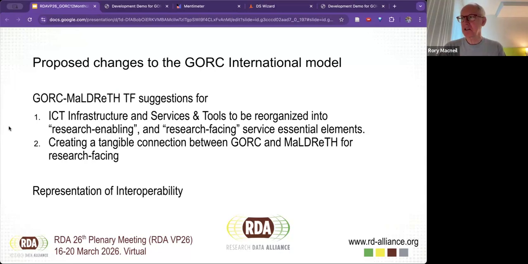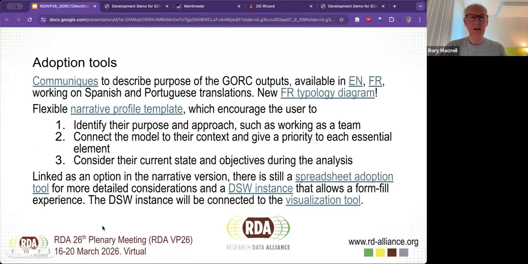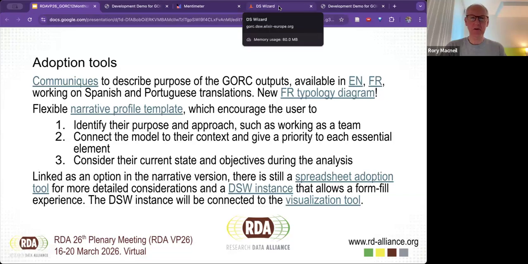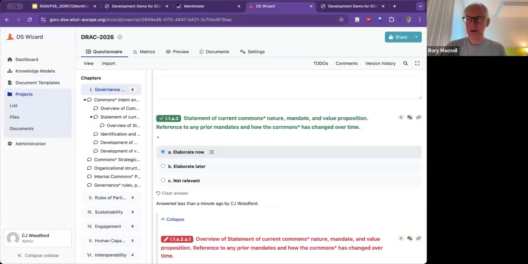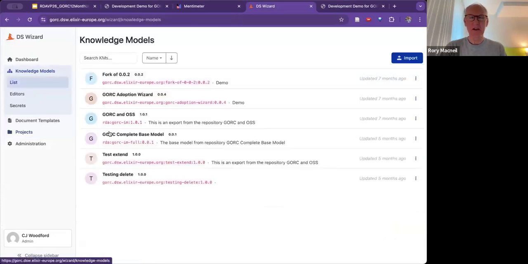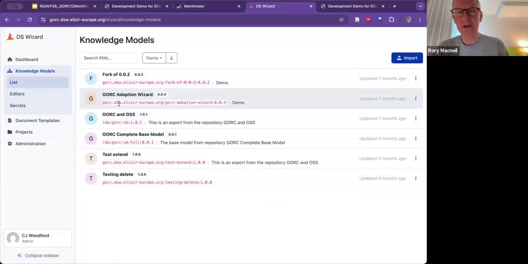And one thing, just marking it not for discussion now, but maybe something we can discuss: the last one you showed, I'm wondering whether we could make use of that or adopt it for Meldreth, because we need something similar for Meldreth as we discussed in our session a couple of days ago. We're kind of the little sibling of GORC. We're behind in things like this. So I'm just marking this out as a topic for us to think about later on.